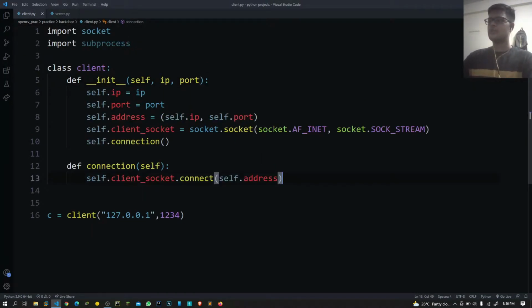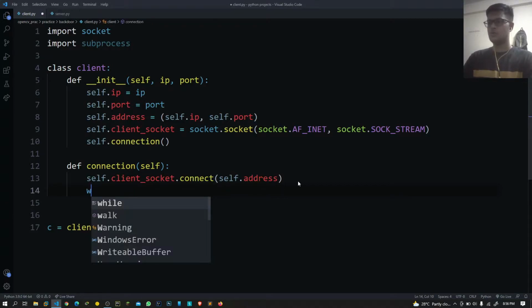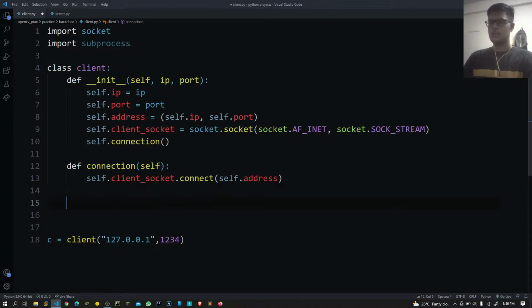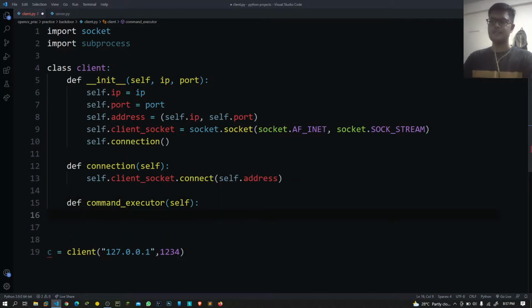Now it's the turn of the client to do the same. So let's do a client command executor, self, and it will receive the commands.